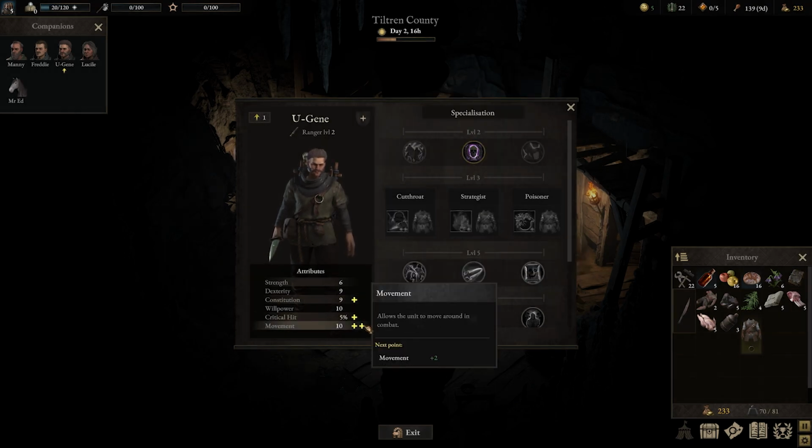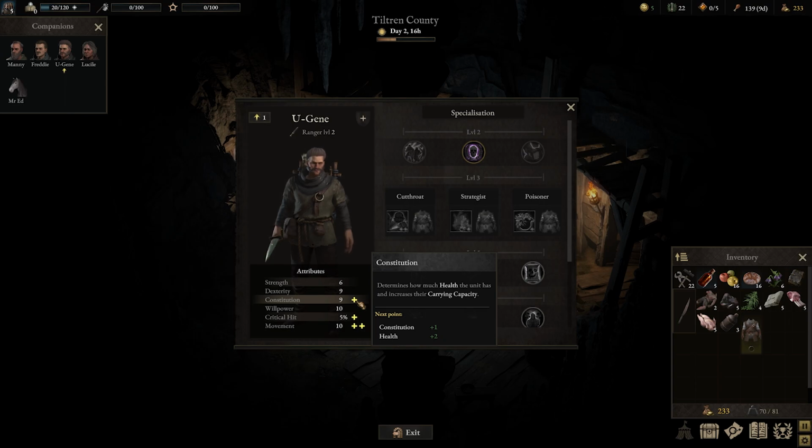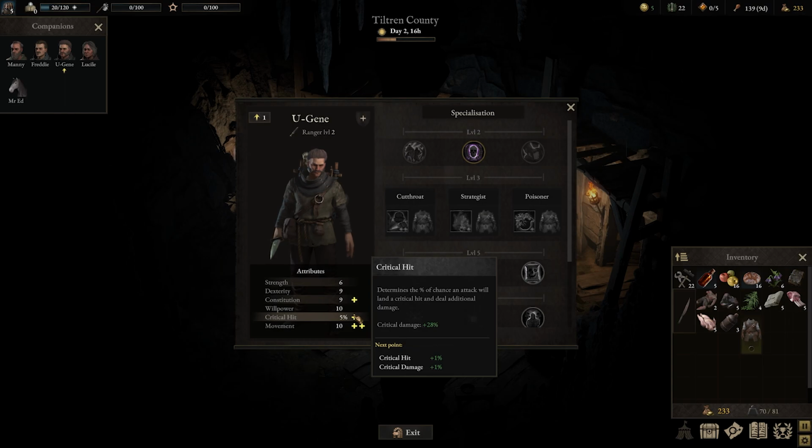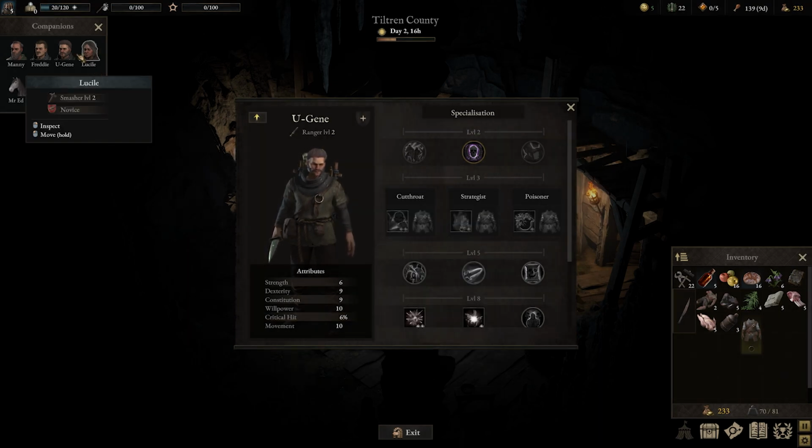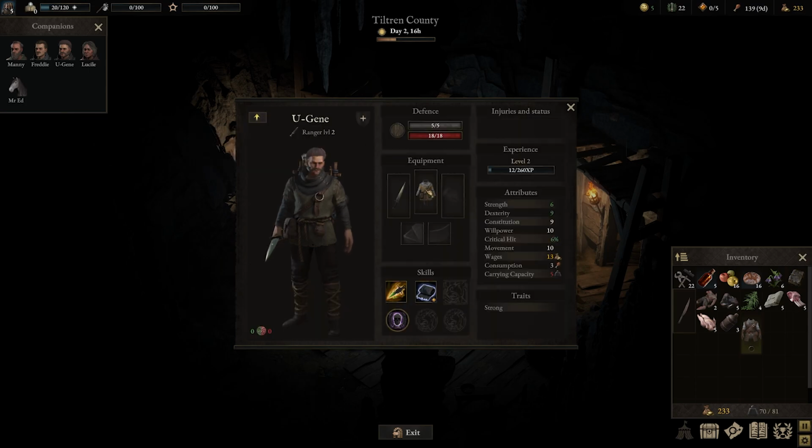And then now I can choose what I want. So we got Constitution, right? That's going to increase their carrying weight, also their health. We can do critical hit in terms of percentage of chance, or we can do movement. So in this case, I think we're going to be okay because we're going to put the critical hit on, right? Then what I'm going to do for good old Eugene here is we're going to take this off, and now we're going to put the...